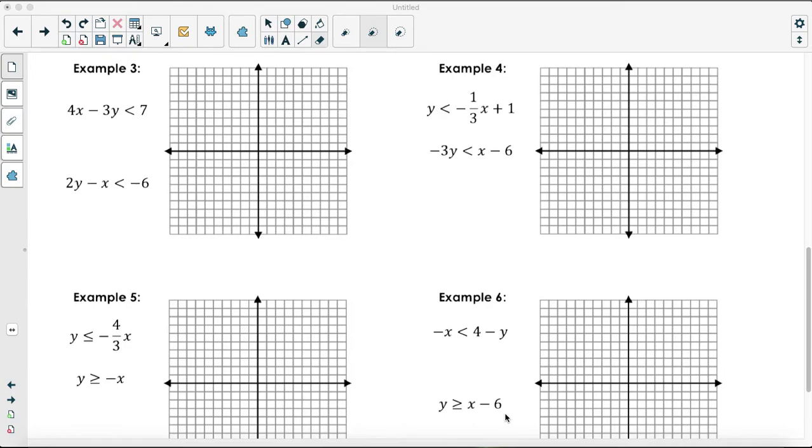This video is on solving systems of linear inequalities. We are going to be solving these by graphing. We have 4 examples on here. We're going to find the solution set and we will determine if the coordinate (2, 7) is part of the